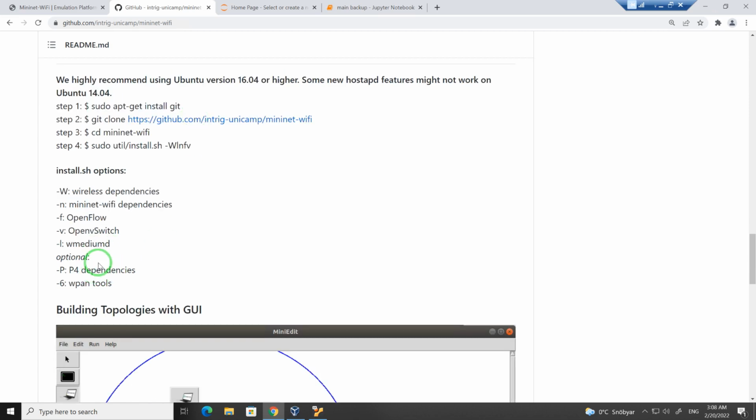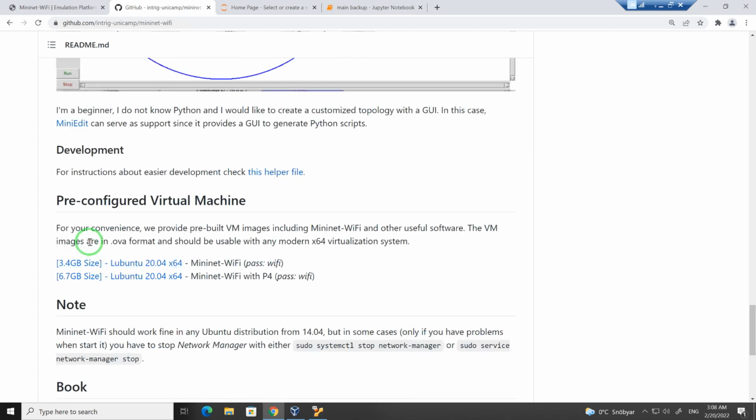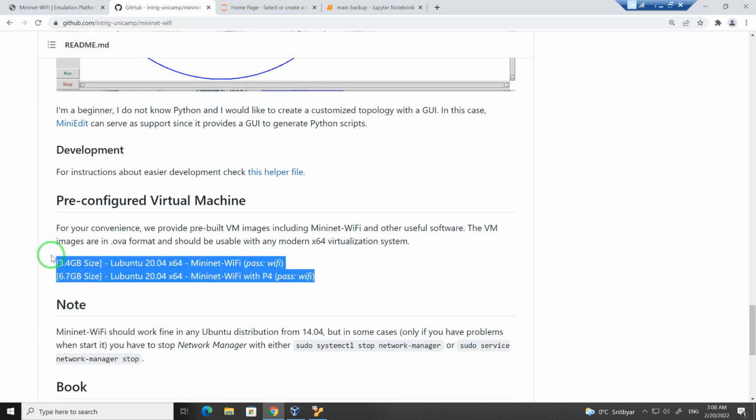But the authors provide a pre-configured virtual machine which has Mininet and, I think, OVS switches installed. If you are a Windows user, you need VirtualBox or VMware to run these